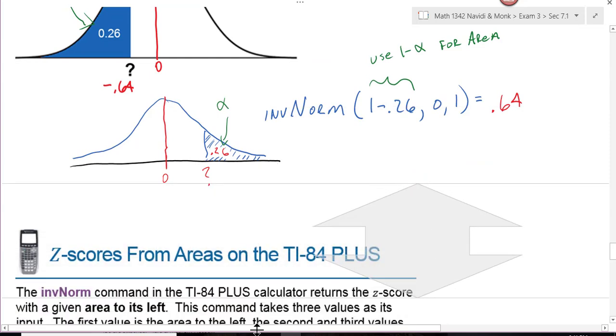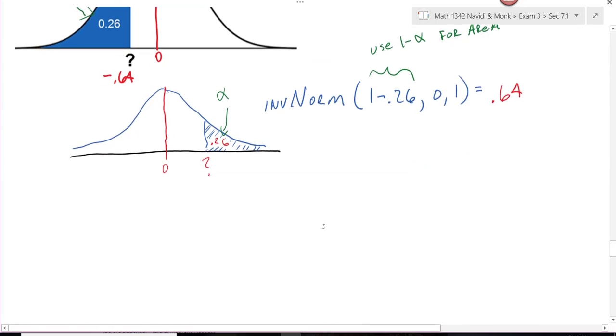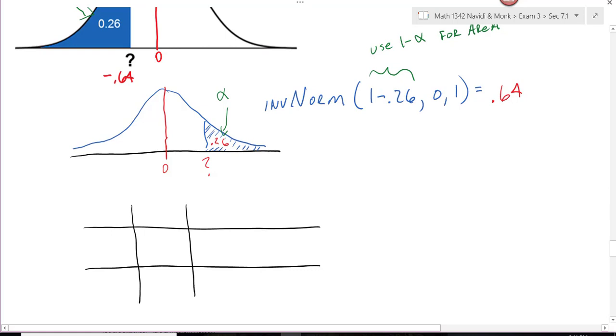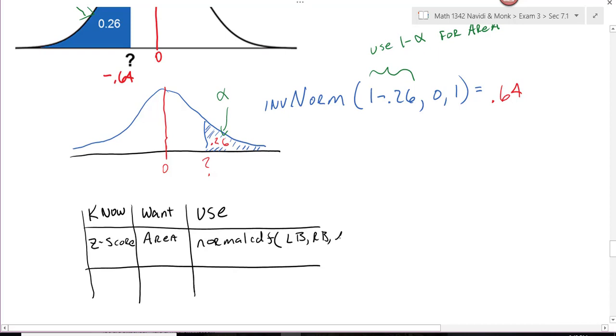Now we can kind of summarize something I've been wanting to point out. And if you're using the pre-printed notes, just write on the back of the previous page if you don't have adequate space here. But I'm going to make us a little table that will help you decide on when to use the inverse norm and when to use the normal CDF. If we know our z-scores and we want the area, we use the normal CDF, where we put in the left bound, the right bound,